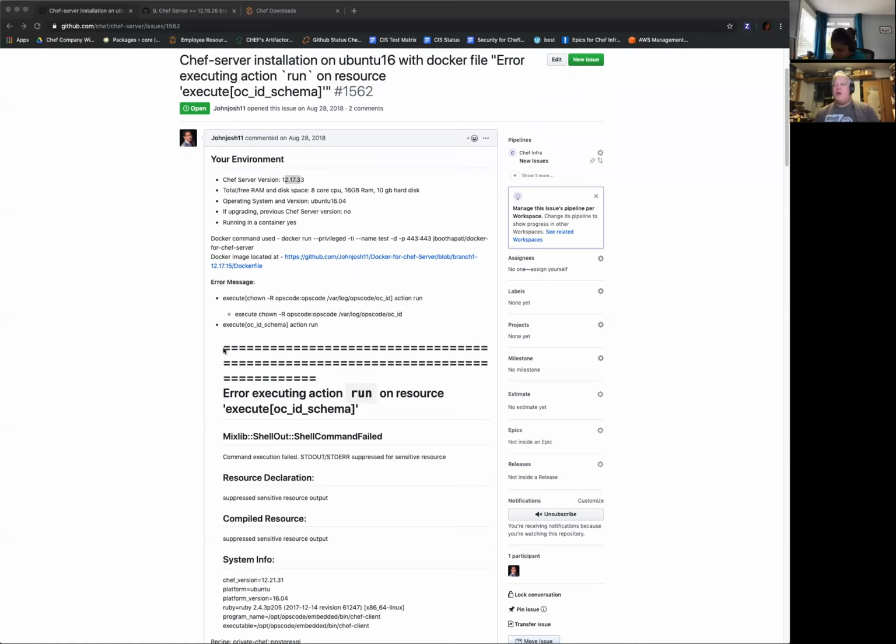That's why we ended up doing the Habitat stuff, because the omnibus operating model was just not well matched to Chef Server and would have been a complete rewrite, and Habitat offered a much cleaner way of managing that. It's been a while. I think running Omnibus in Docker is probably not something we're going to want to support. We certainly don't test it.